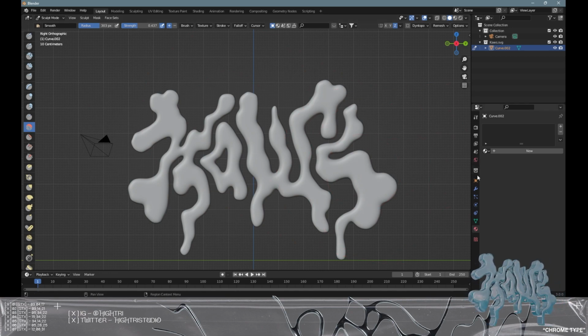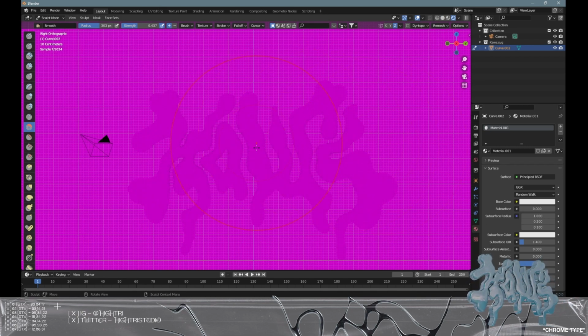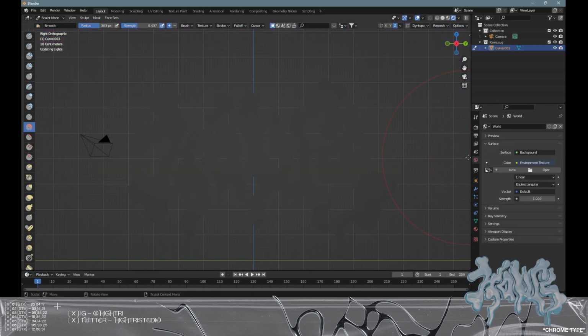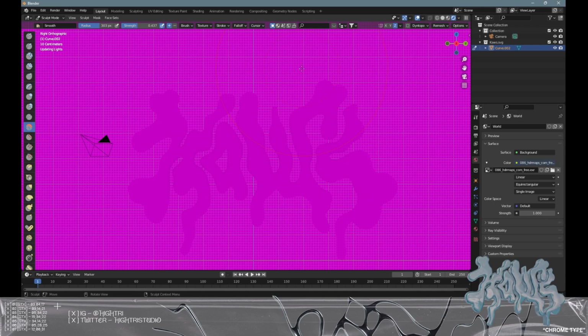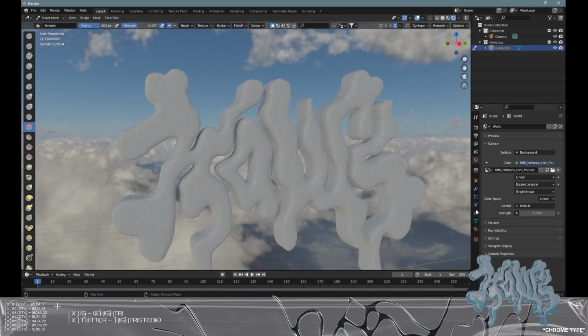So the first thing we're going to do is click New on the material section. We're going to click it in a rendered view. What the purple, it might not have anything. Just make sure you're in Cycles in the render properties, and then we want to import an HDRI. So I'm going to get this cloud HDRI, very simple, and we're going to go back to the